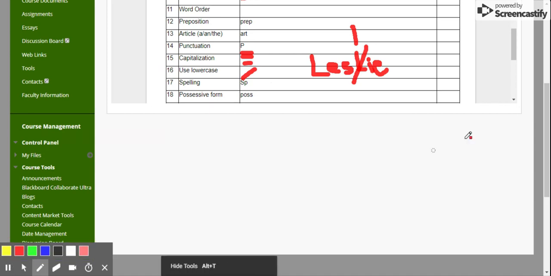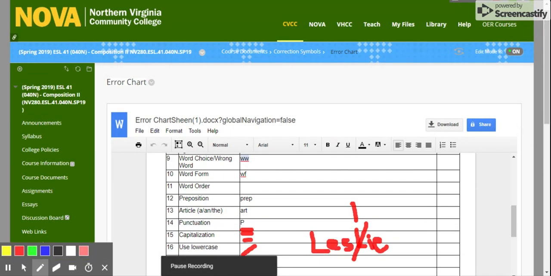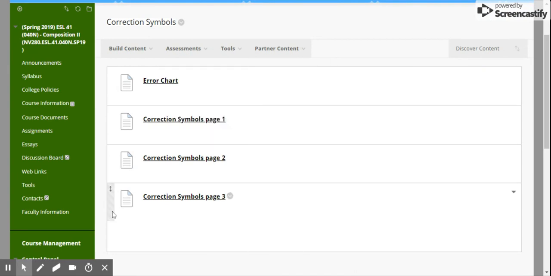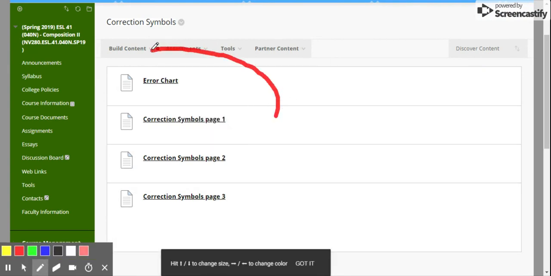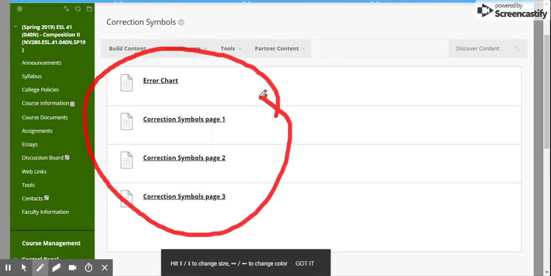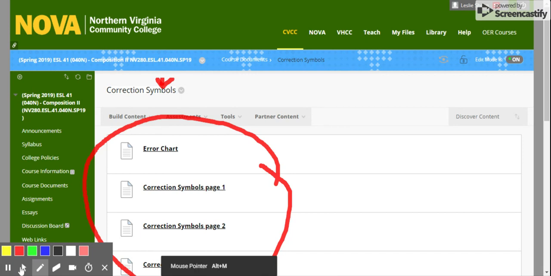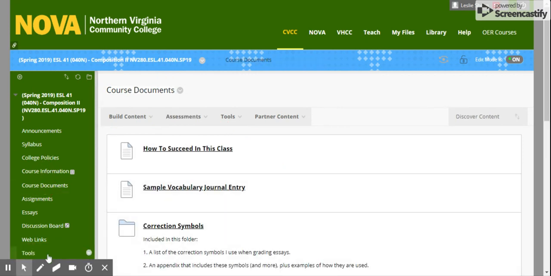Essentially, students, in order to understand my correction symbols, you need to use the information that's here in this folder called correction symbols. It's found in the course documents folder. Go to Course Documents, open the correction